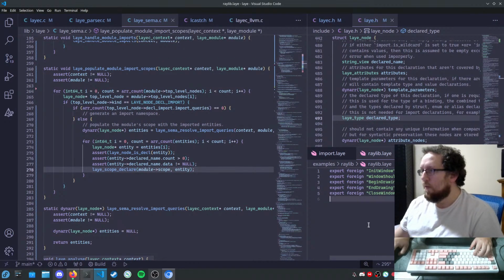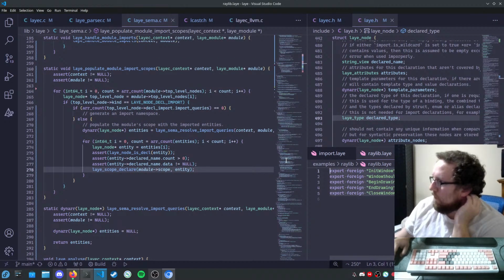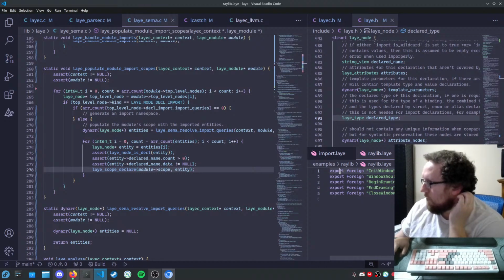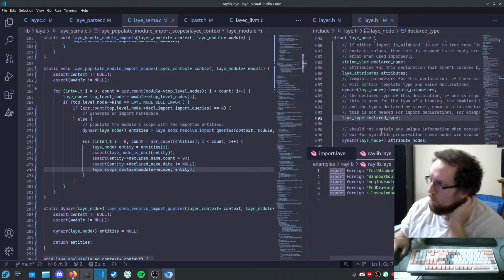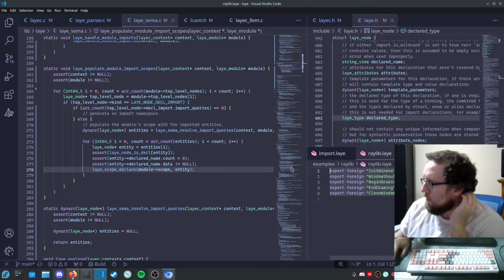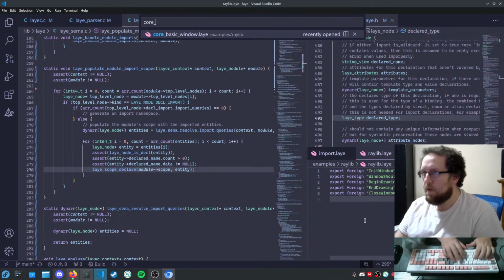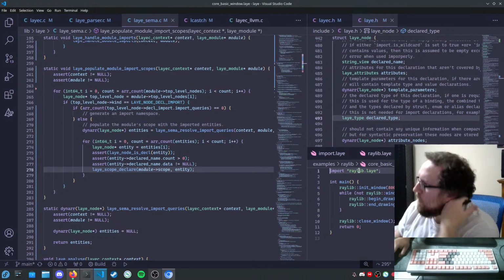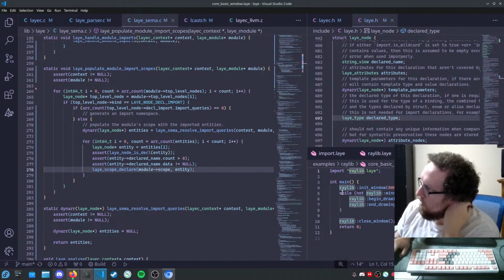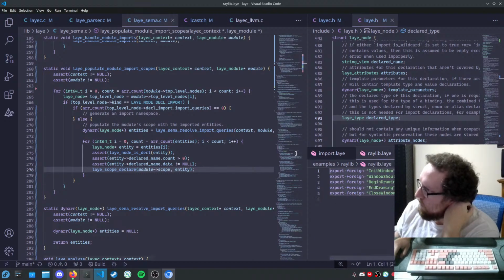Raylib.laye. These are imported from raylib. These will have the re-exported linkage, because they are declarations that are being exported. So they're imported, but then exported, so they're re-exported. If I go to core basic window, and we're importing this thing, these declarations don't exist in